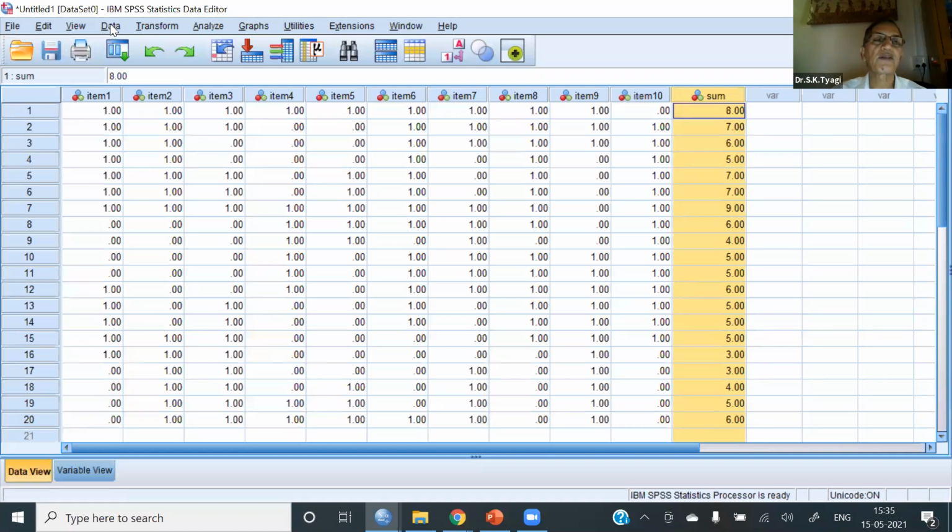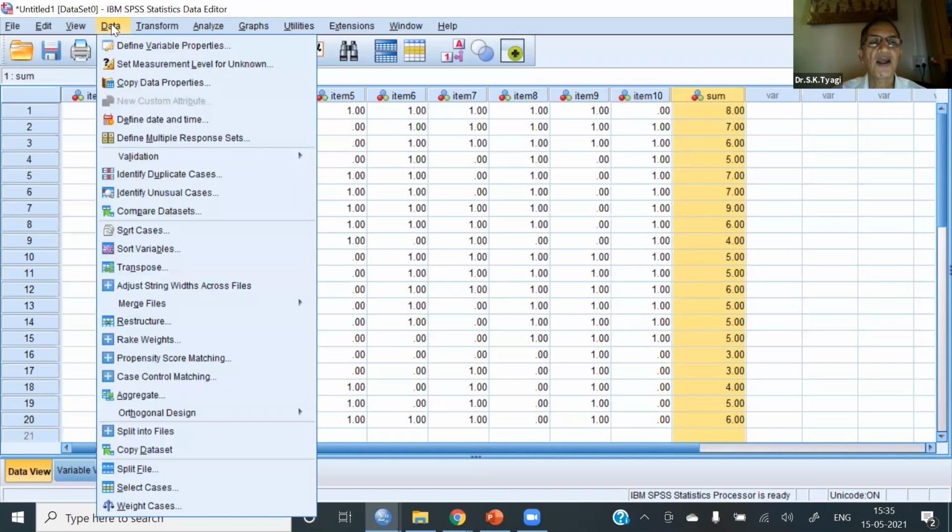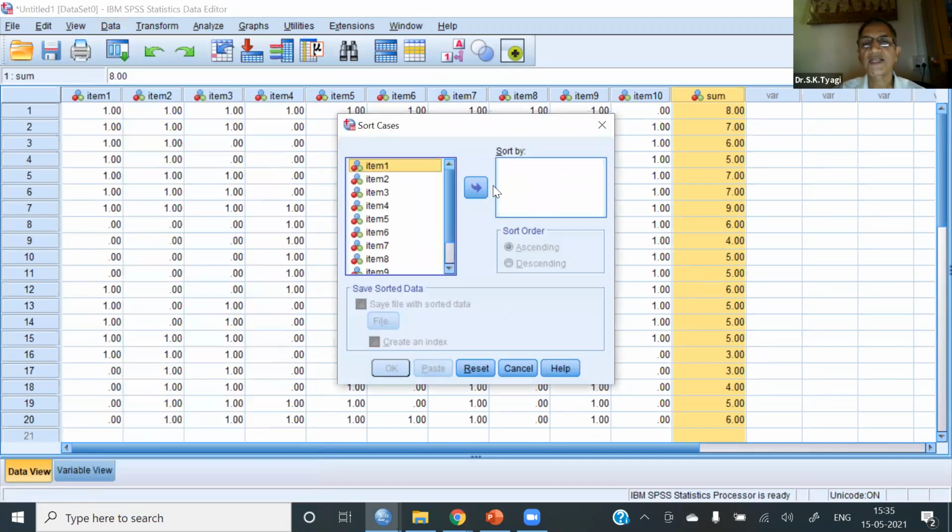This can be done by going to Data and Sort Cases. Sort means arrange in order. Sort by sum. Here the maximum score is 8 and the minimum is 3. So if I sort them, it will arrange them in descending order by this variable sum. So I select descending.